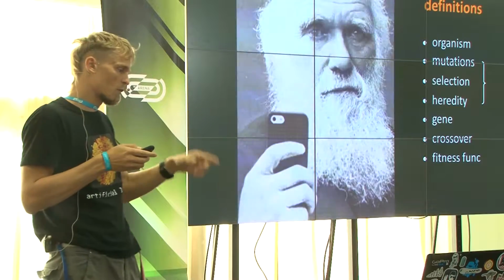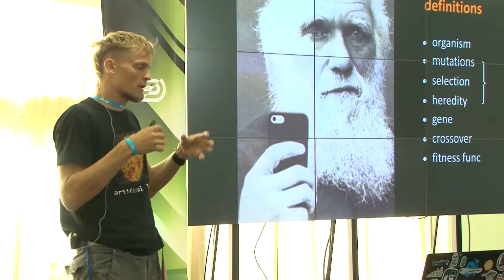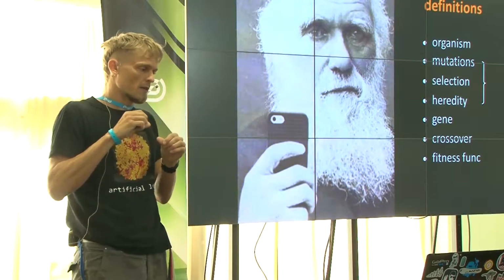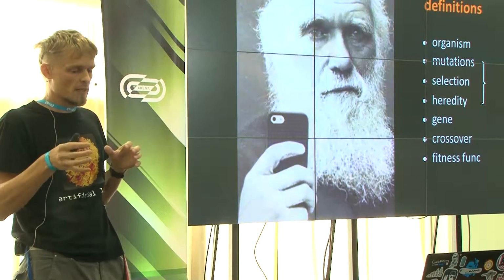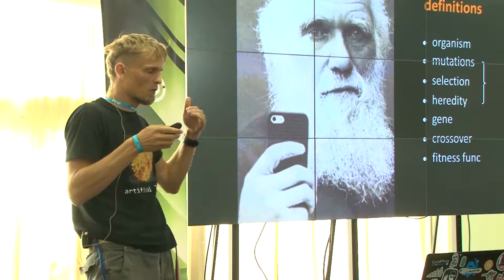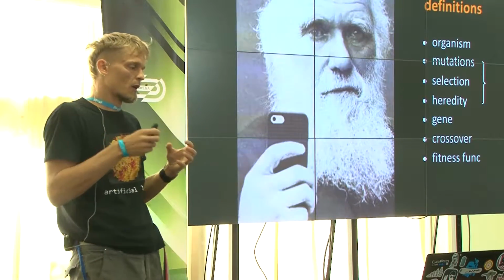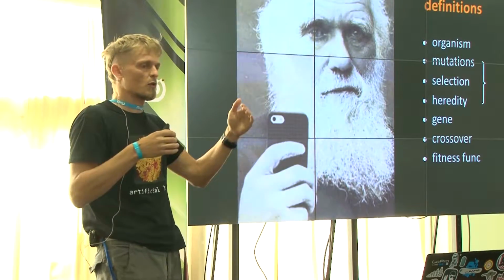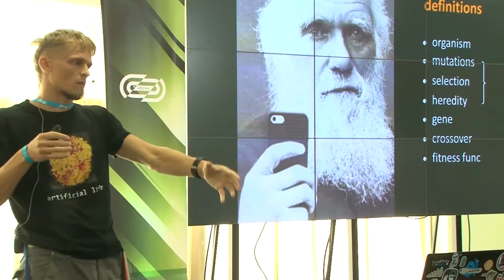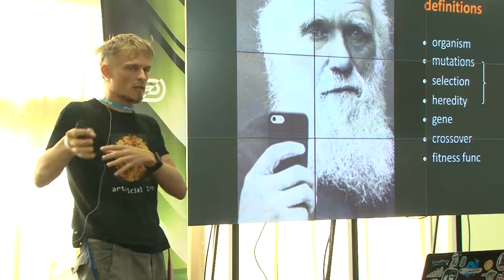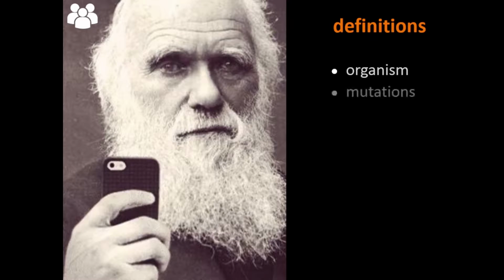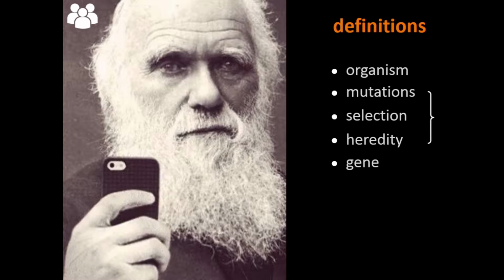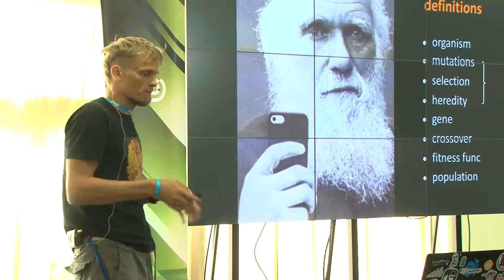And before last, the fitness function. This is a mechanism which may somehow get the level of adaptiveness. For example, you give the organism to this function, and it returns some number. So for the first organism we have number 1, and for the second number 10. It means that the second organism is more adaptive, and we have to kill the first one. And the last one is population. It's just many organisms in a field, some area.